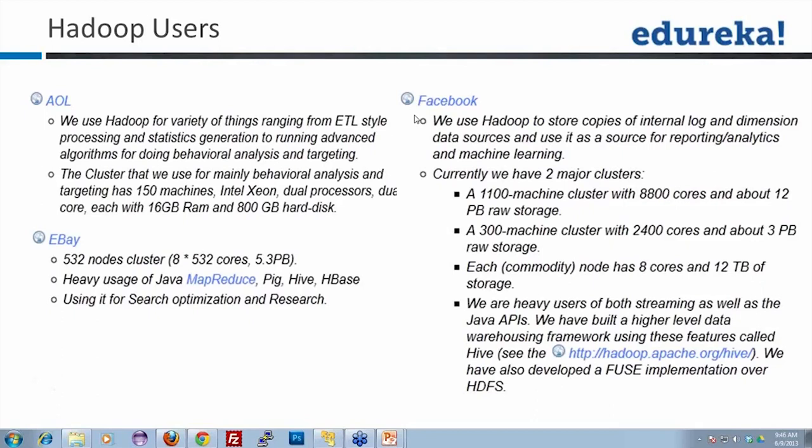Facebook, for example, let's talk about Facebook. Facebook uses Hadoop to store copies of data, and they do machine learning as well. I'll tell you a little bit about machine learning in just a while, but not in detail. Now it has a 1100 machine cluster with these many cores, right? So each commodity node, and what commodity means is something you should think about right now, I'll tell you in a while. They use 8 cores and 12 TB of